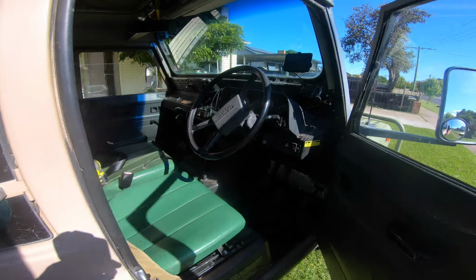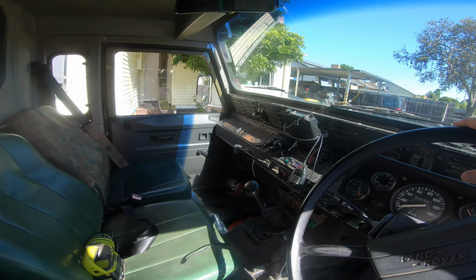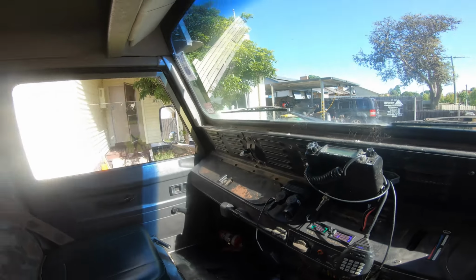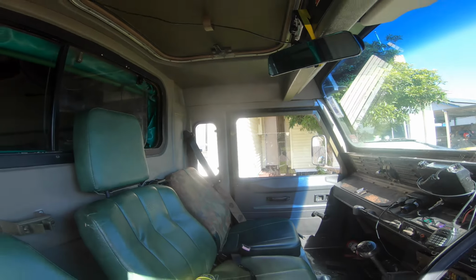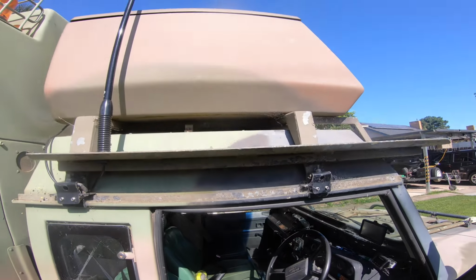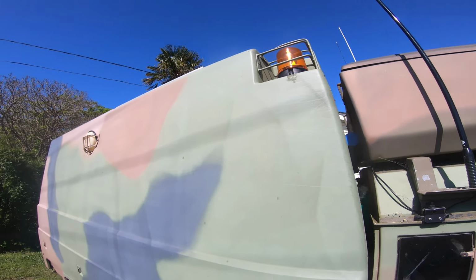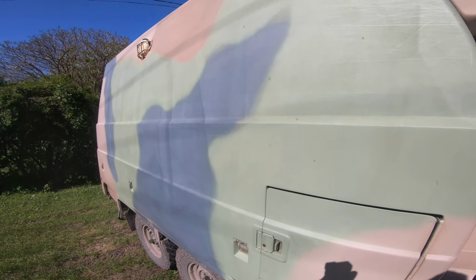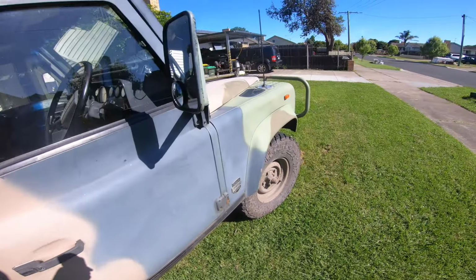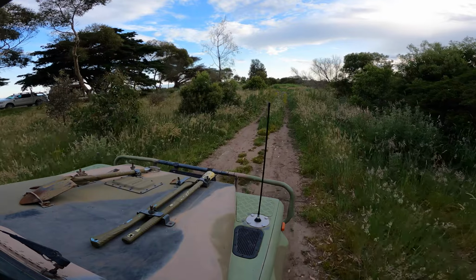The interior on Perenties are fairly Spartan, although the 6-wheel drives actually have door skins where the 4-wheel drives do not. This has a different style of dash altogether. There's a 24 and 12 volt meter on the dash there. There's a roof hatch and a UHF CB. The roof box is specific to the ambulances, and I have a 4G modem in there. Red lights have been replaced for orange revolving lights to comply with road rules. There's a small antenna on the front, and we're going to go for a quick drive to show you how